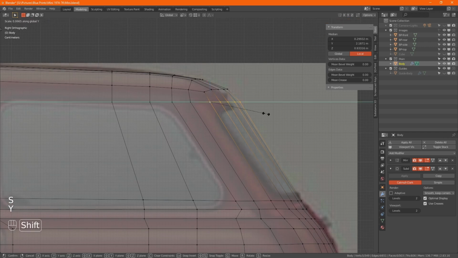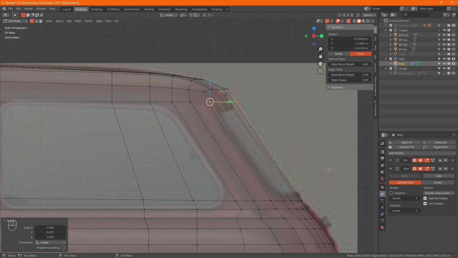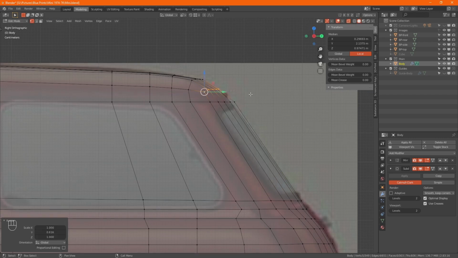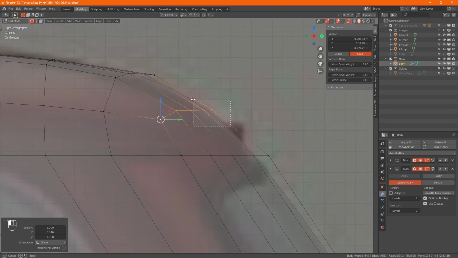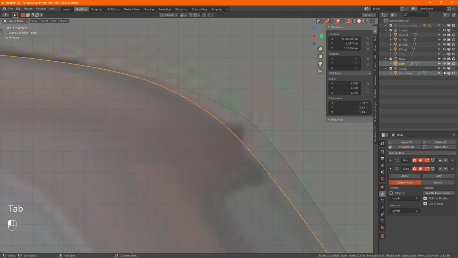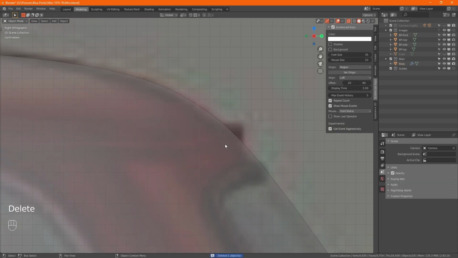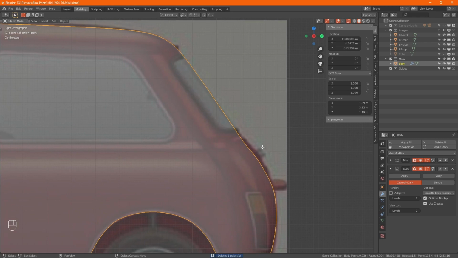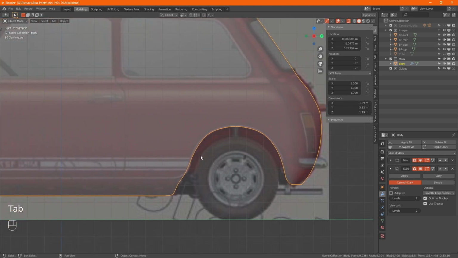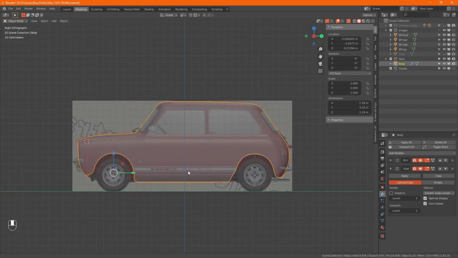Scale Y. Hi guys. Again. I'm not going to commit to that guide just yet until I'm happy with this.